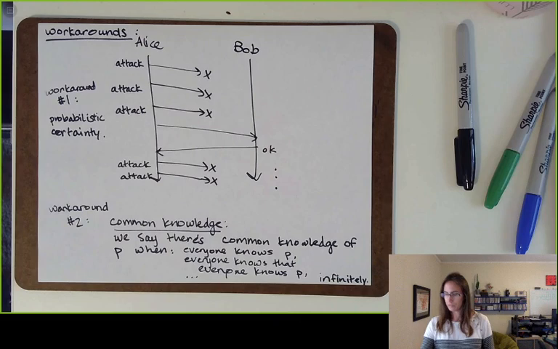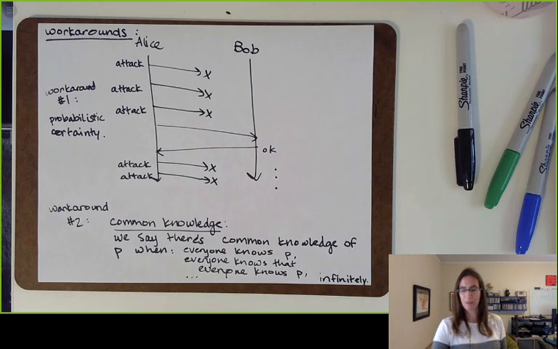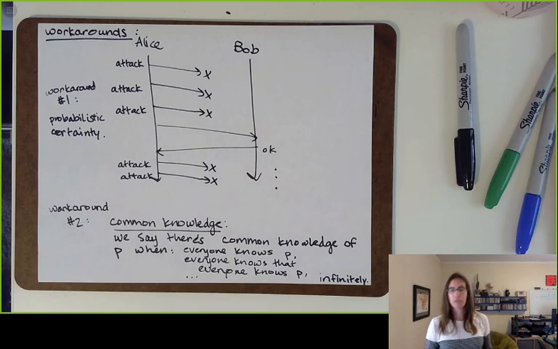Okay, so whenever I talk about the two generals problem, somebody always brings up TCP, and they want to know if TCP solves the problem. So let's really briefly talk about that. So TCP gives you FIFO delivery, which we've talked about a little bit, and it gives you reliable delivery as well. So we're going to talk about the implementation of reliable delivery next time.